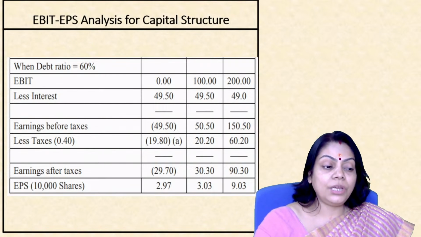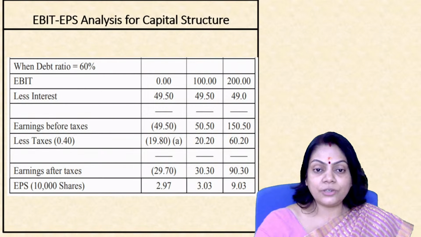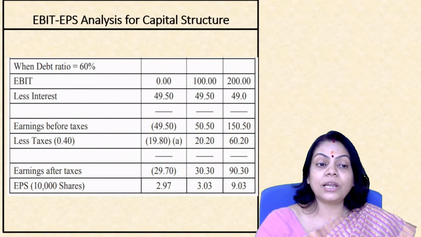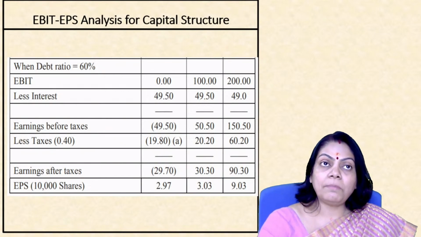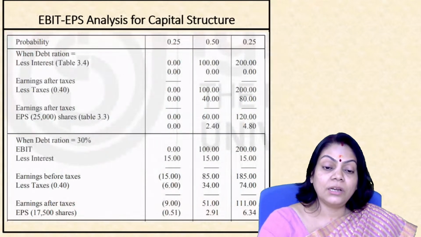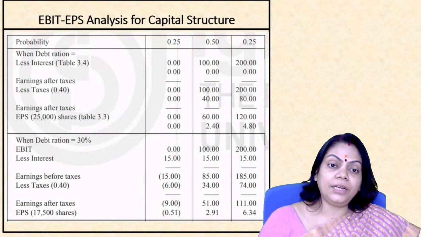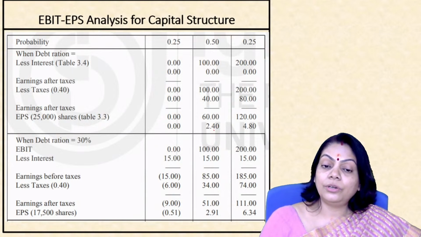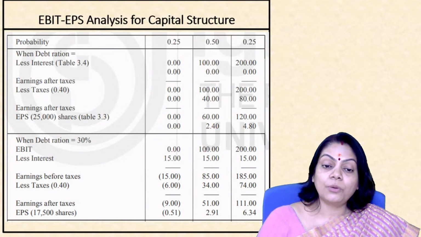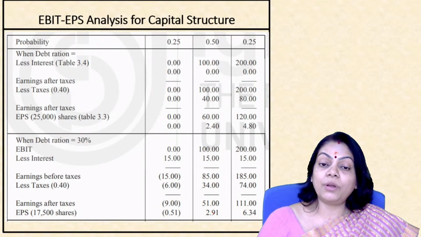Okay. Now the point I want to make here is, let us not get lost in the calculations. This is just a calculation I wanted to show, to discuss the impact of EBIT on the EPS. Now you see, let us pick up this particular 50% case. Here my EBIT was 100, my EPS was 2 rupees 40 paise. Whereas if I increase the debt, the same 100 rupee EBIT gives rise to a 2 rupee 91 paise